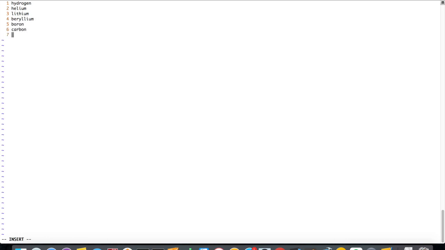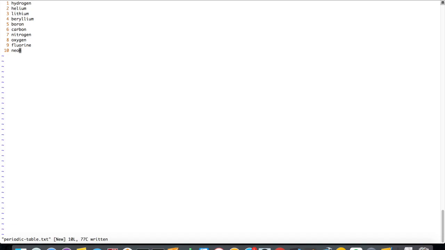Boron, carbon, nitrogen, oxygen, fluorine, and neon. So let me save this as periodic table.txt. Now let's assume that I want to refer to these 10 elements in my first.txt, because I'm basically writing